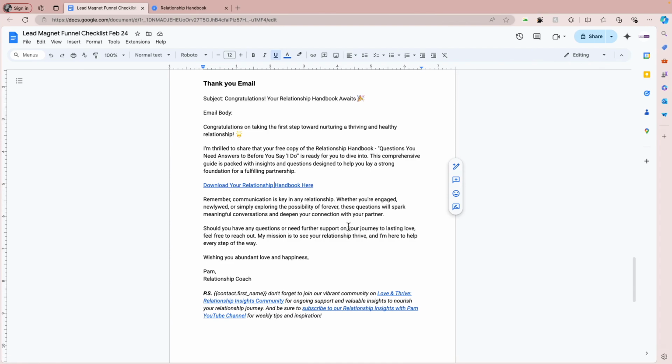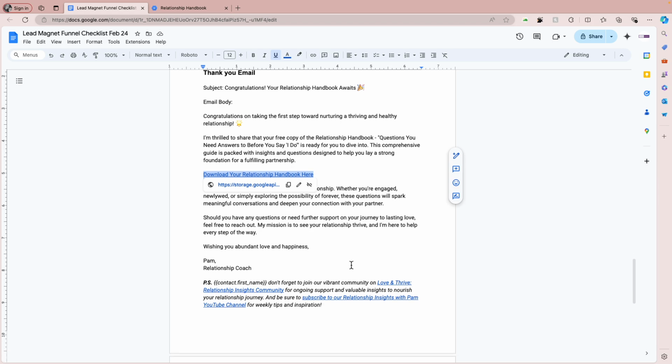Some people attach the freebie as well as provide the link to the freebie in the email. While there's a school of thought around sending the freebie as an attachment, only because if it's too large, Google may not favor it because it's such a large email. So that is why it's preferable to put the link on there. But you might put the link as well as attach the document. So it's entirely up to you.